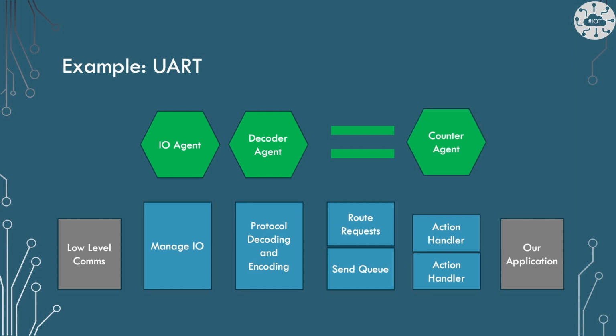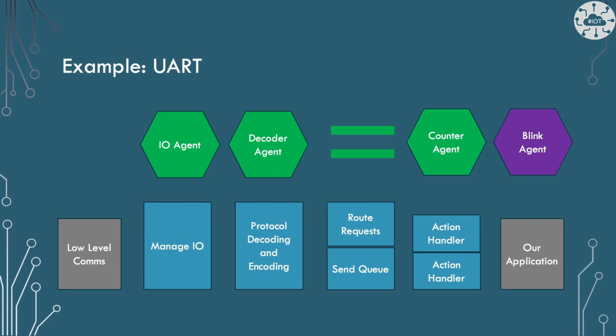Then the action to display the number is done directly by the counter agent. Typically, this will be interfacing to parts of our application, but in this example, I'm going to actually do this deed here. Finally, we have a very dull application which just blinks an LED. So in terms of task breakdown,